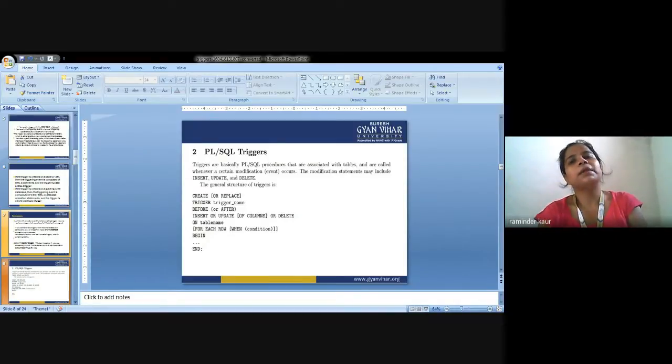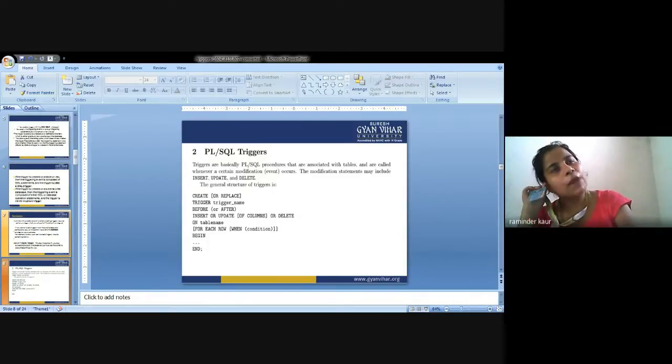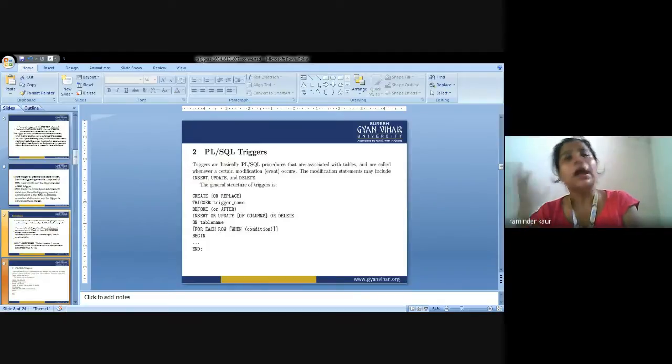So what is basically PL SQL? First you are supposed to learn the same. As the name implies, PL SQL is procedural language SQL. It is a block structured language that enables developers to combine the power of SQL with procedural statements. We are using procedural statements with the help of SQL statements. Now, what is a procedural language? A procedural language is one in which various rules are followed, in which it is also specified what to do and how to do it. So that is why it is a procedural language.